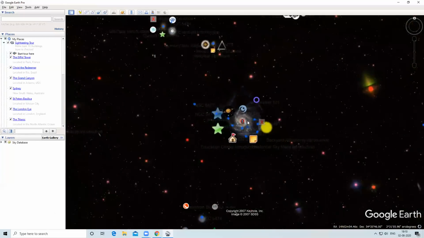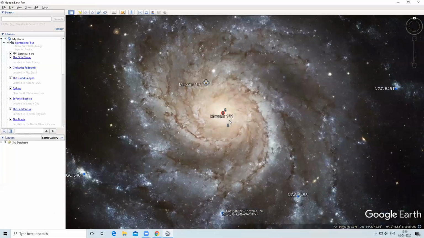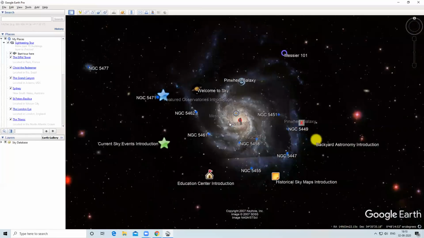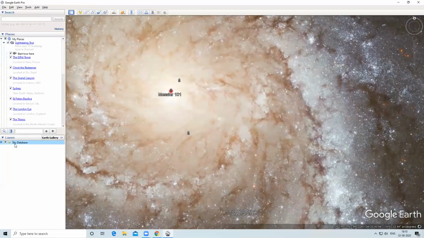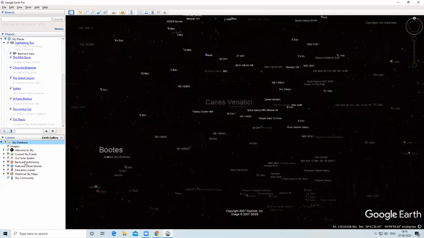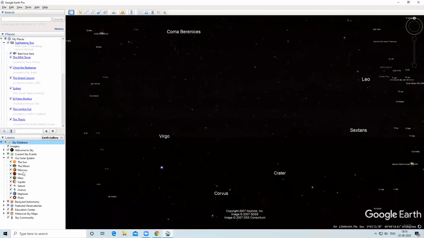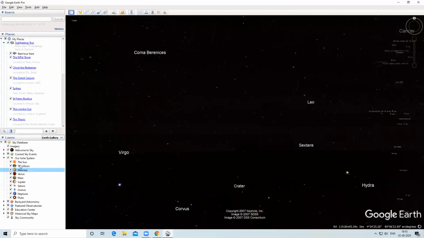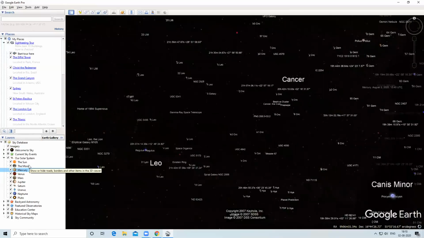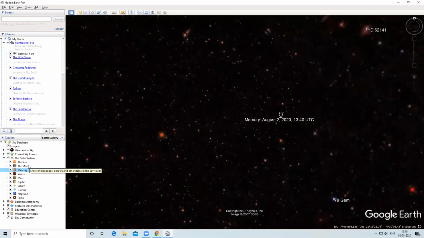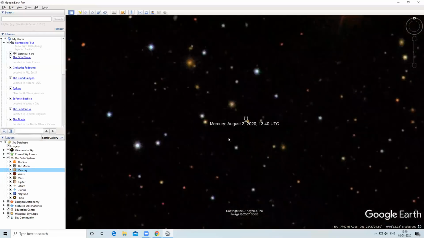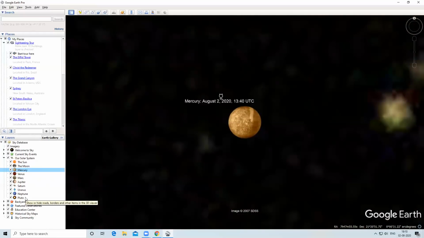So it's a beautiful view of our galaxy. From here, if you want to see our solar system, sun, moon, Mercury, you can click on Mercury, sun. If I want to see Venus, I will click on Venus.